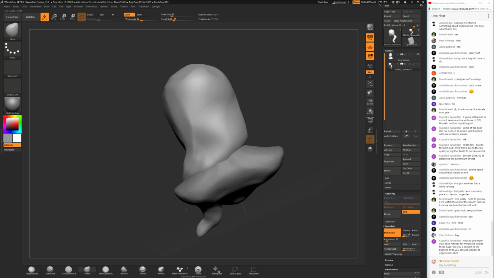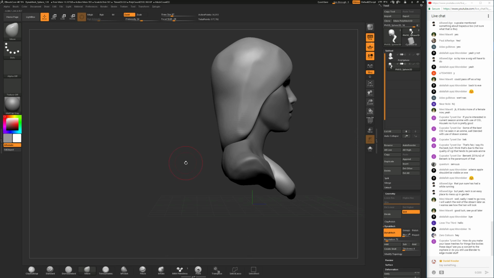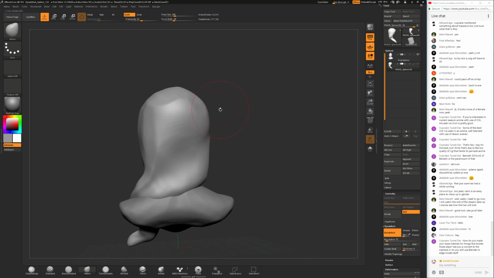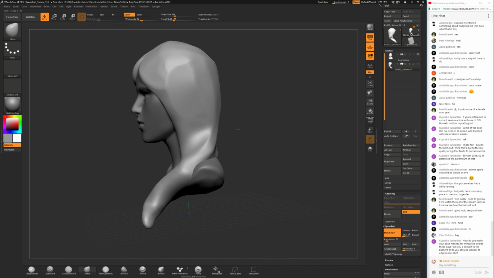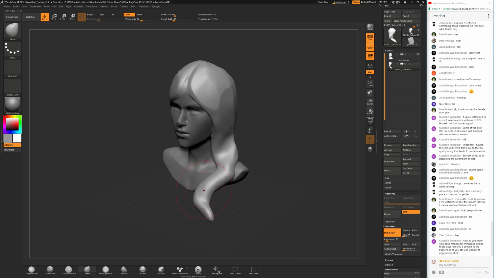And another thing that I try to think about right now is that all the hair is in one big strand, you could say. But the hair has different lengths, and some will end earlier than the longest one down here.